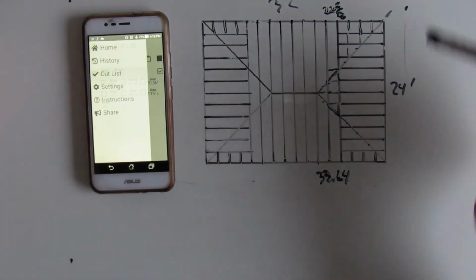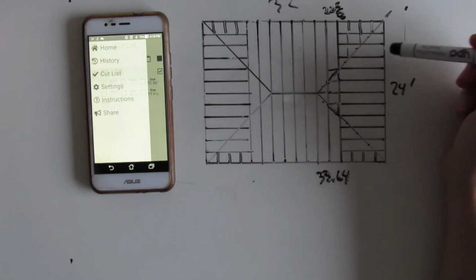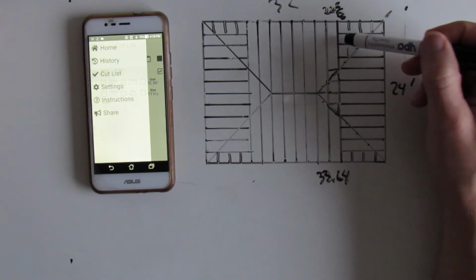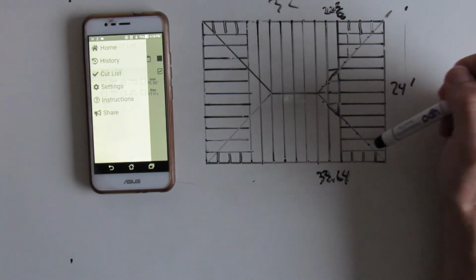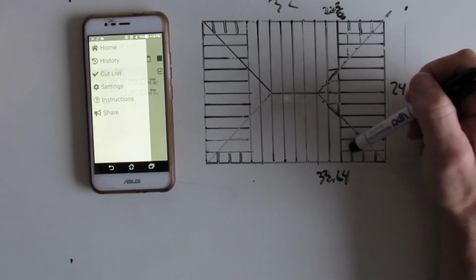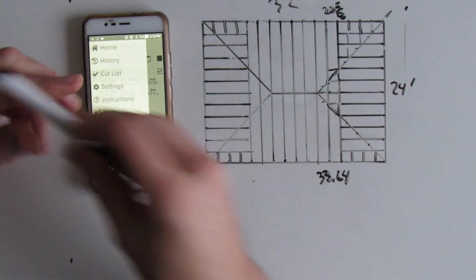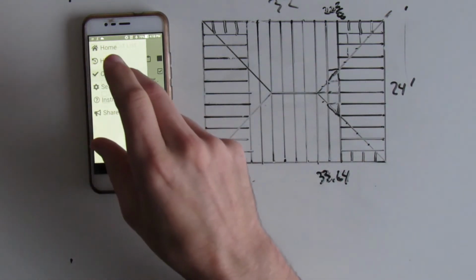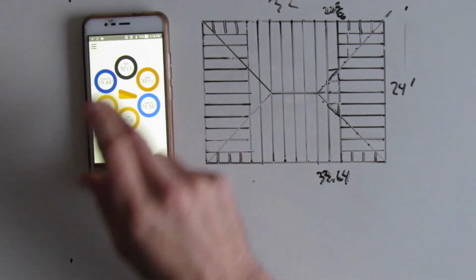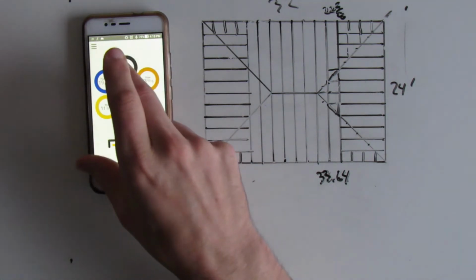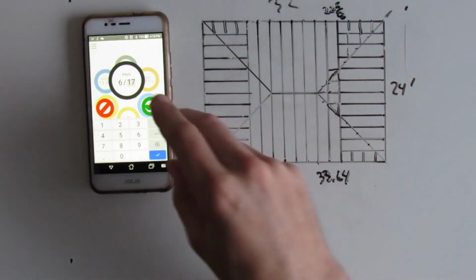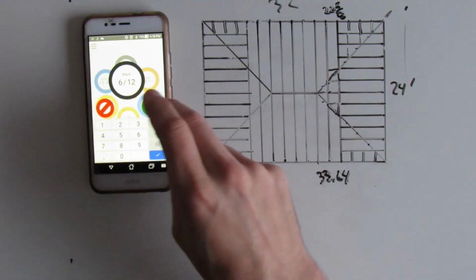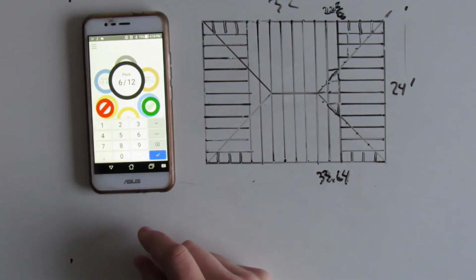So we can go around the truss plan and count how many common blocks. So we have 1, 2, 3, 4, 5, 6, 7, and then we're going to have 8, 9, 10. Times 2 is going to be 20 again. So we know we need 20 common blocks. And this one is an easier calculation because we don't have to calculate the hypotenuse to go down the diagonal. So just put in the 6/12, which is the regular pitch,